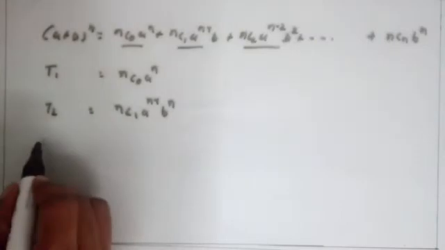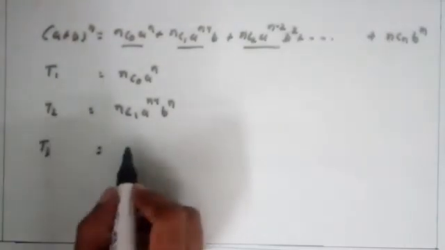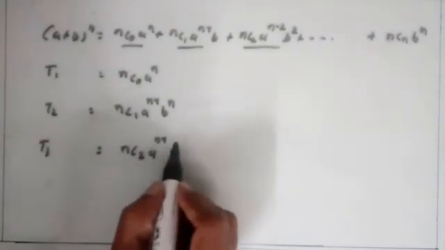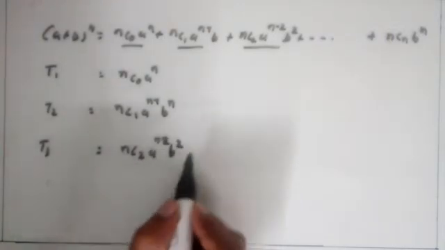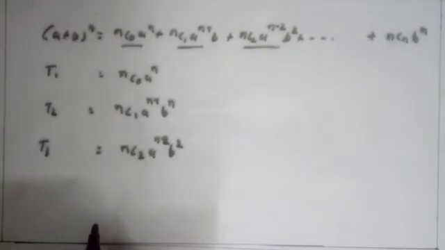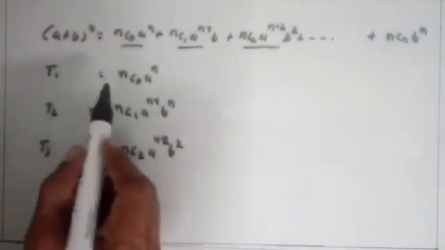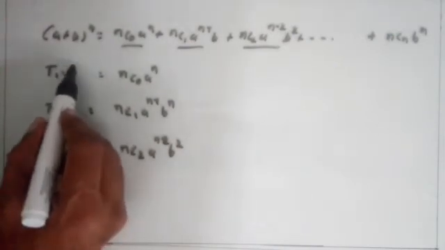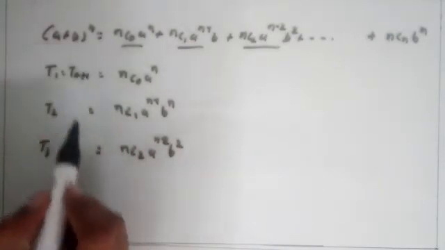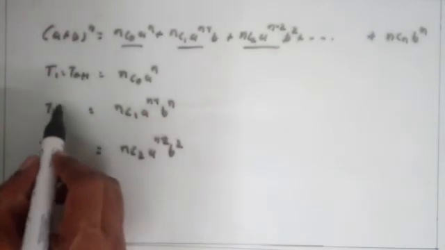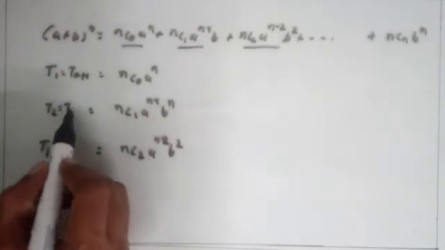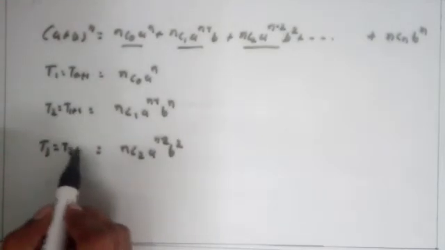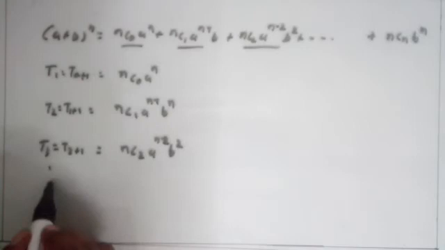Third term t3 is equal to nC2 a^(n-2) b^2. So remember this: t1 is equal to t(0+1), t2 is equal to t(1+1), t3 is equal to t(2+1), and generally